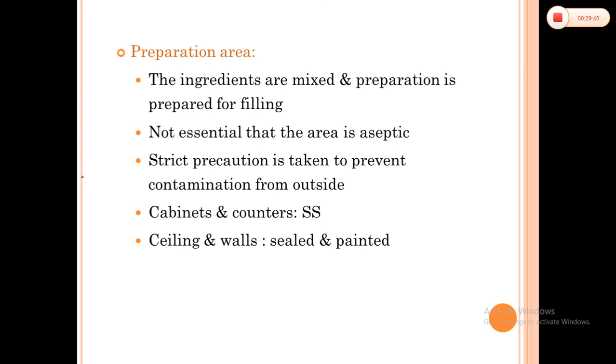Once we enter into the manufacturing area, first we have to check whether all the processing equipments are properly sterilized. There should not be any residue present in those processing equipments, which is confirmed with the help of swab testing. You have to provide the swab samples to the quality control department. Unless and until you have received the report that these equipments do not contain any trace material from the previous batch, you cannot use the processing equipments for manufacturing purposes. Now here we are preparing the formulations. Now this particular formulation is ready for the filling purpose.